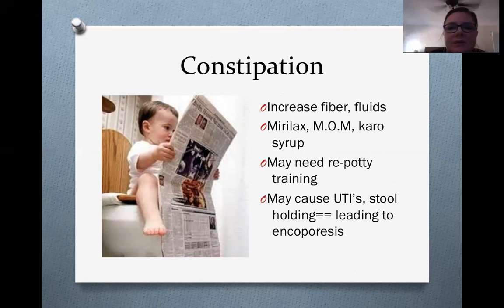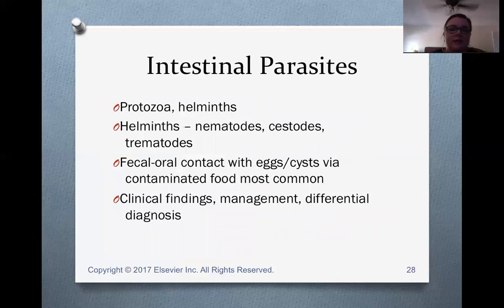And moving on to the opposite end of the spectrum is constipation. Miralax, milk of magnesia, Karo syrup, all of these can be used in pediatrics. Definitely need to increase fluid and fiber. We talked about constipation that can lead to reflux, and it can also lead to urinary tract infections from holding stool, and it also makes the child hold their urine in as well, and they get infection from the urinary stasis. So we talked a little bit about that already, so wanted to move on to intestinal parasites,